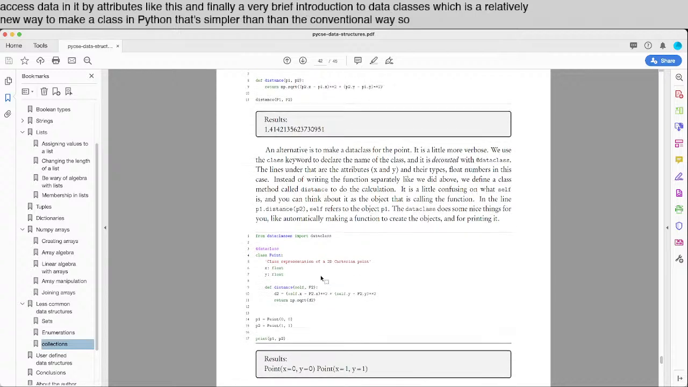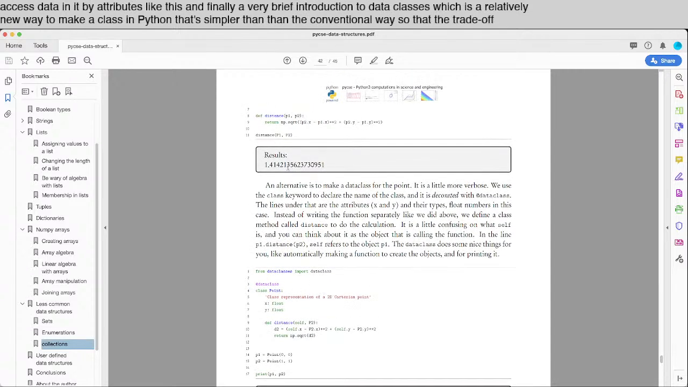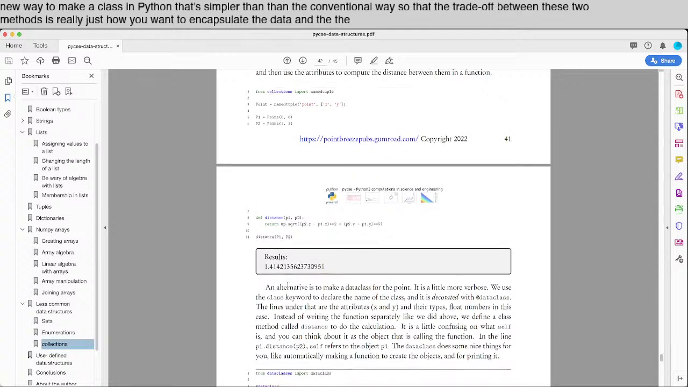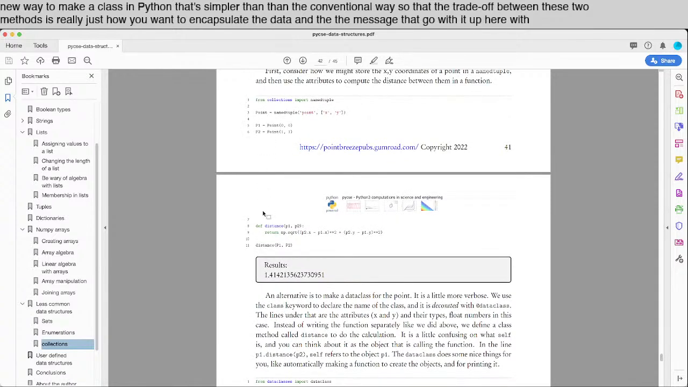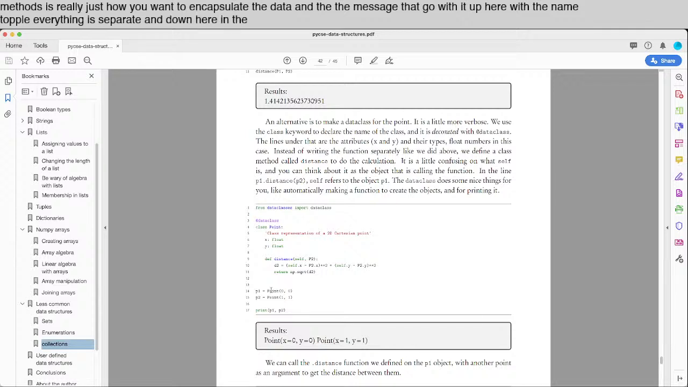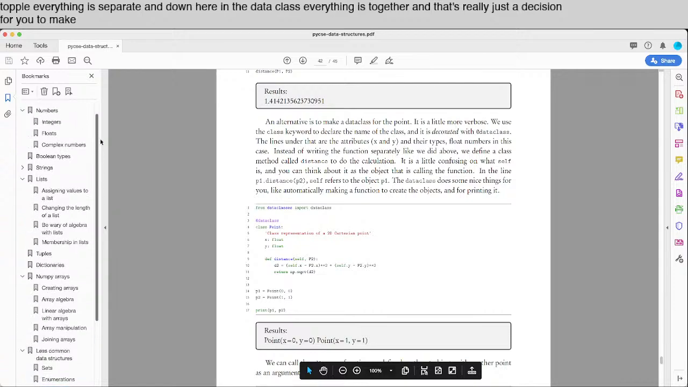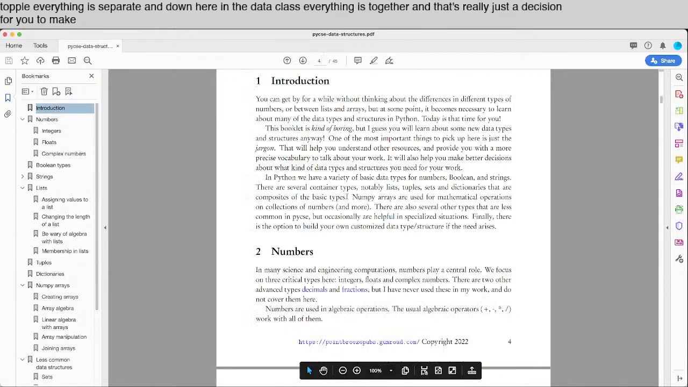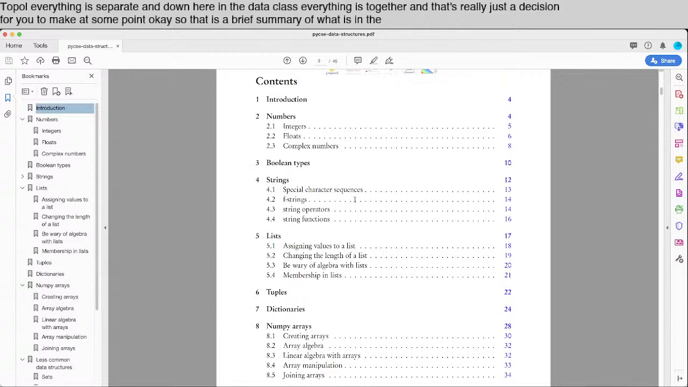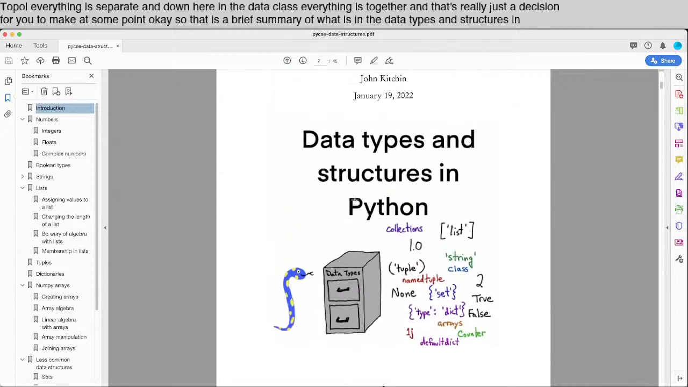So the trade-off between these two methods is really just how you want to encapsulate the data and the methods that go with it. Up here with the named tuple, everything is separate, and down here in the data class, everything is together. And that's really just a decision for you to make at some point. Okay, so that is a brief summary of what is in the data types and structures in Python booklet,